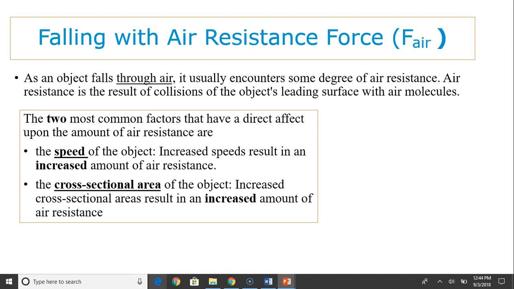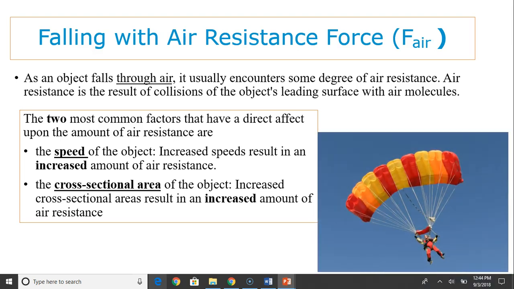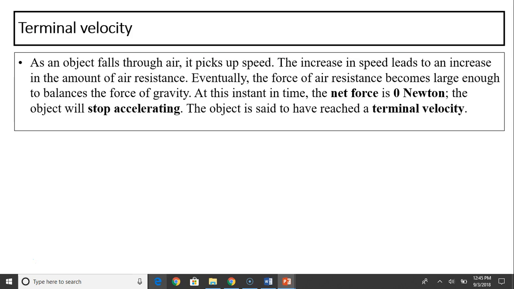For speed, increased speed results in increased air resistance. Increased cross-sectional area results in an increased amount of air resistance. That's why for skydivers, you need